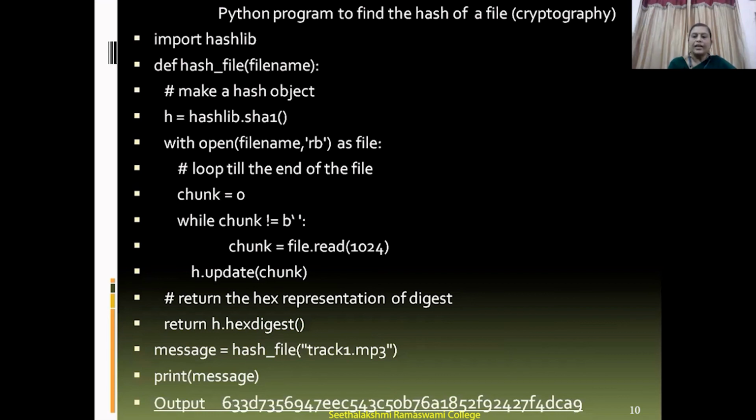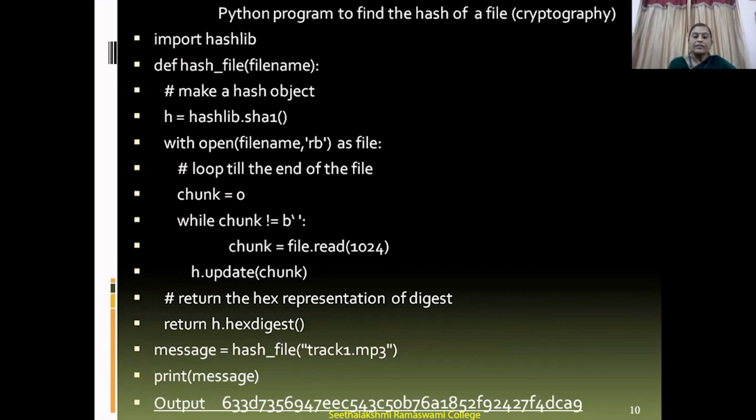Till we reach the empty bytes, this while loop will continue. Each chunk is read and stored, and finally we update the hash using h.update(chunk).